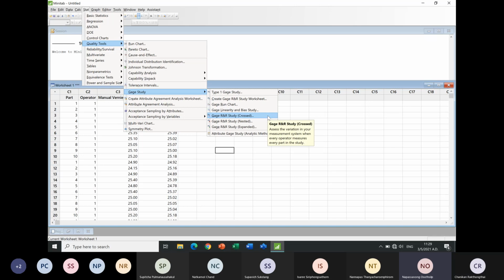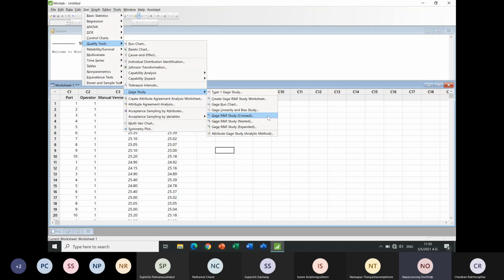Okay, it's in quality tool section under gauge study. And then if you take a look under gauge study menu, we have seen before like gauge bias and linearity study, we have done that. And now we are doing what we call gauge R&R study. And then it has crossed, it has nested method. So in this case, you have to know that if our experiment is